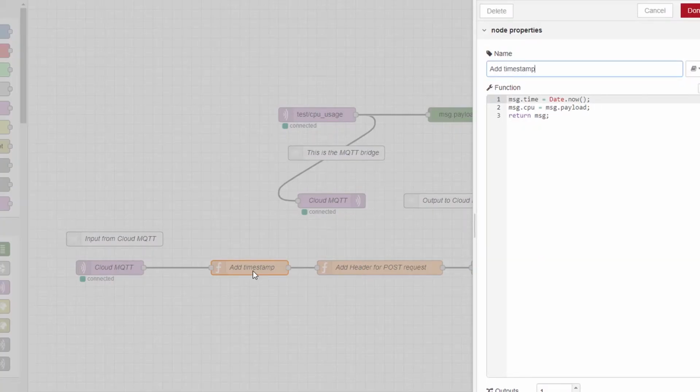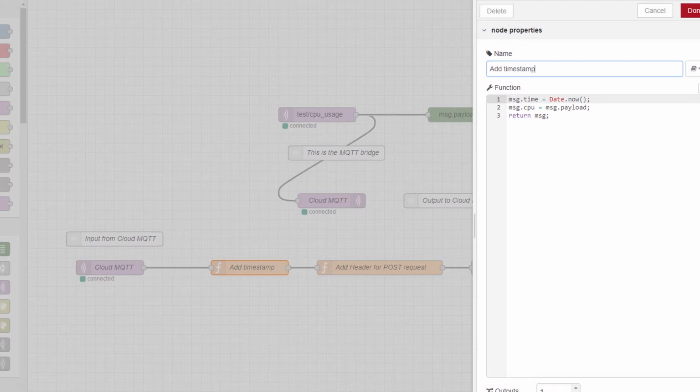JavaScript is object-oriented and the information, the message object msg, can easily be extended by further entities. Here we do this by simply defining a new entity, msg.time, and assigning a timestamp to it. That's all.